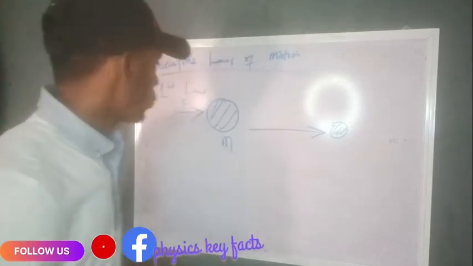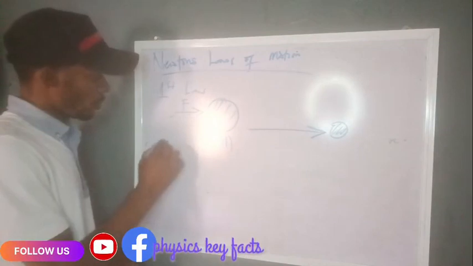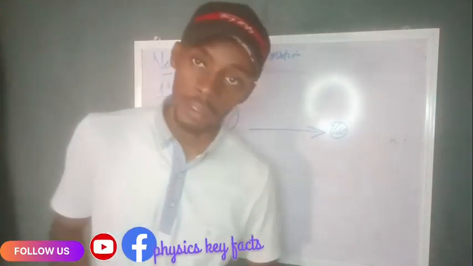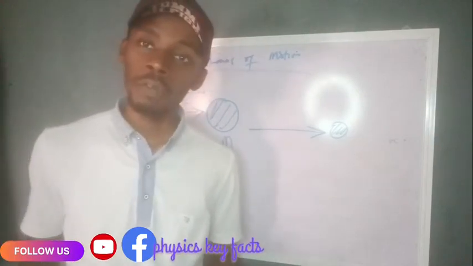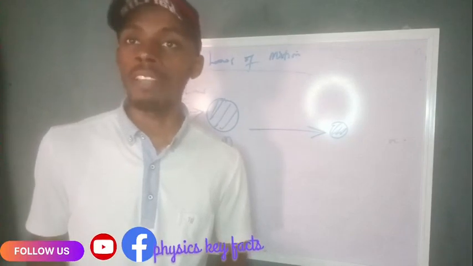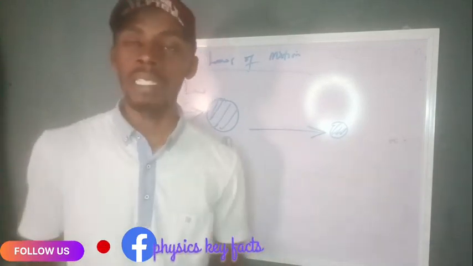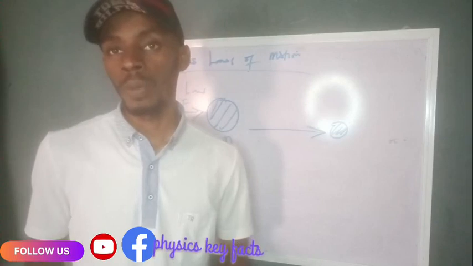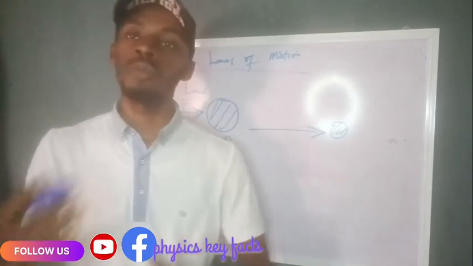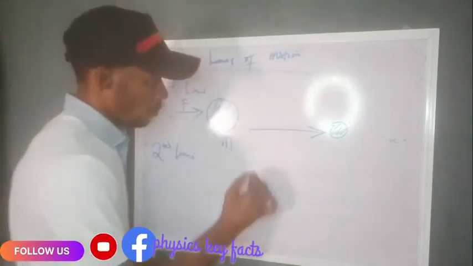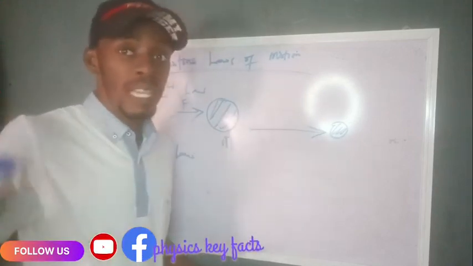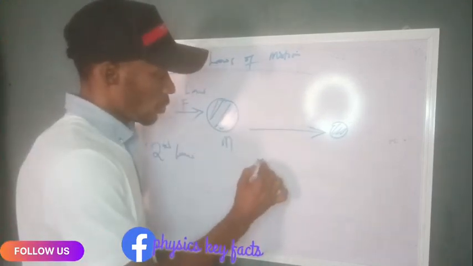Then, Newton's second law of motion. According to Newton's second law of motion, the rate of change of momentum with time is directly proportional to the applied force and takes place in the direction of that applied force. The rate of change of momentum with time, that is, a change in momentum with time. So a change in momentum, we already know, is impulse, right? But this time around, there is time attached to it. So rate of change of momentum,